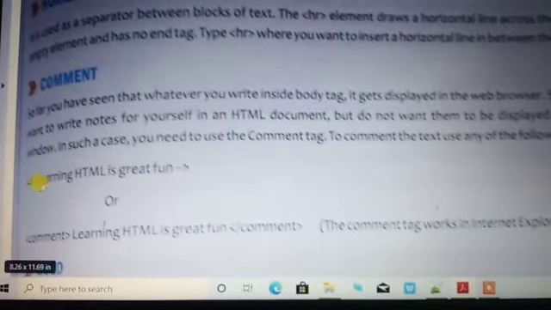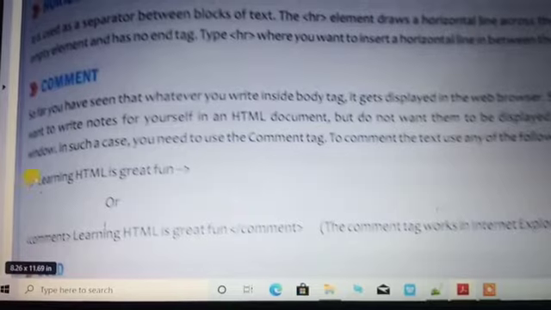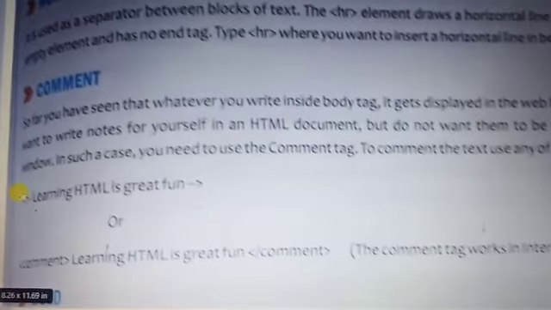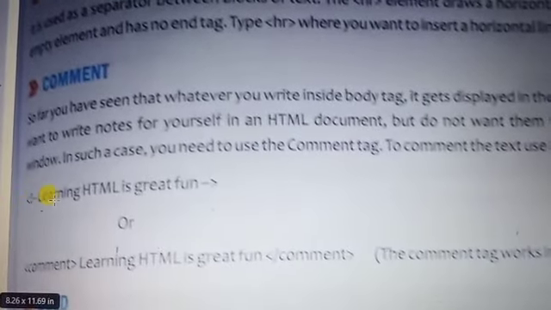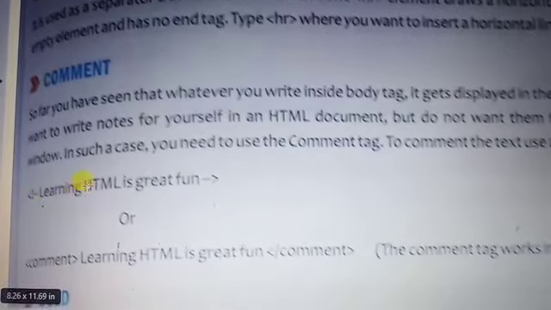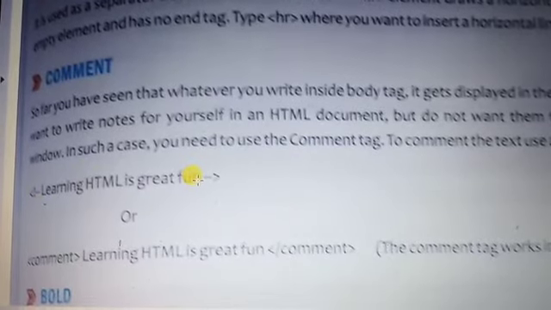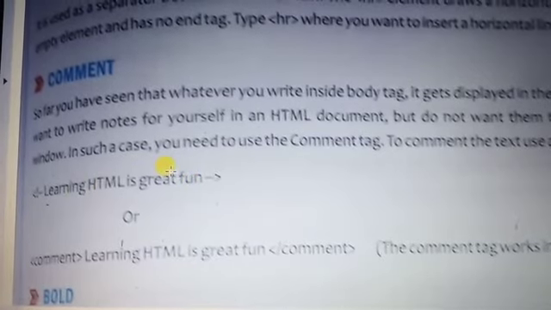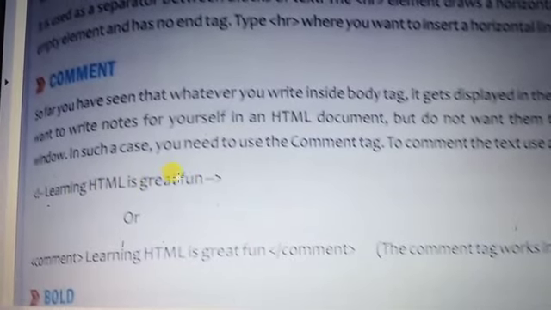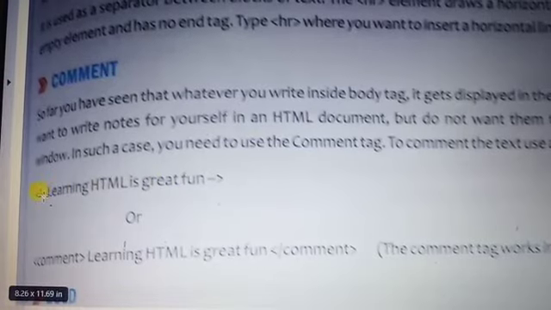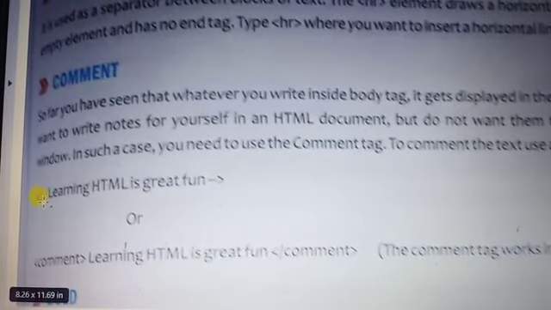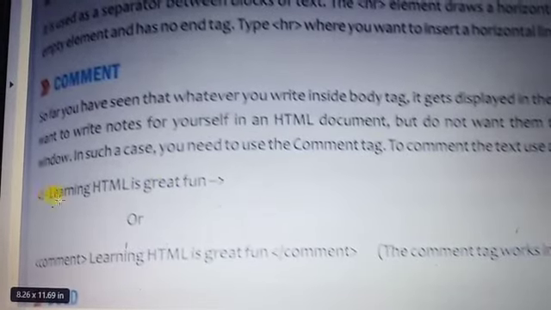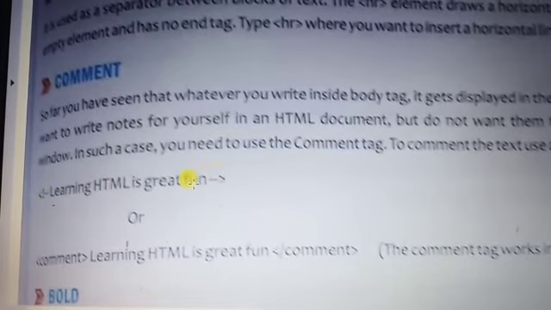One is the angular bracket, then an exclamation mark, and a dash sign, then "learning HTML is the great fun". When we implement it in a practical manner, this is not part of the web page. It is not going to display. So the angular bracket, then the exclamation mark, and then the dash sign is used for a comment.